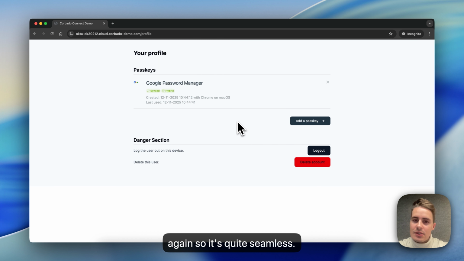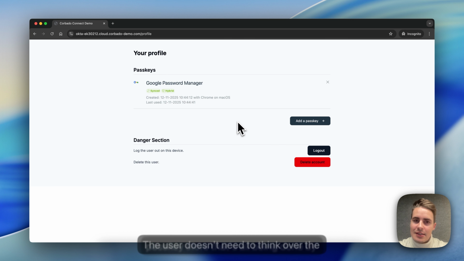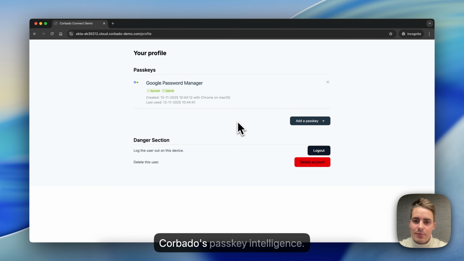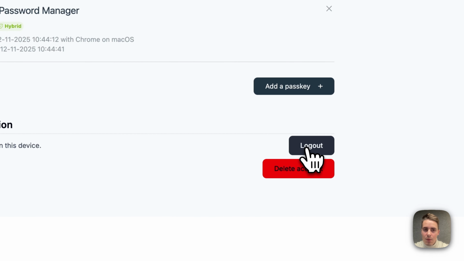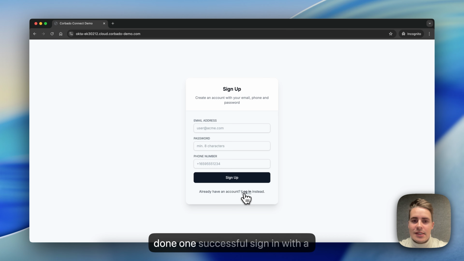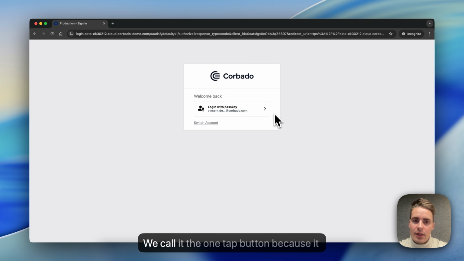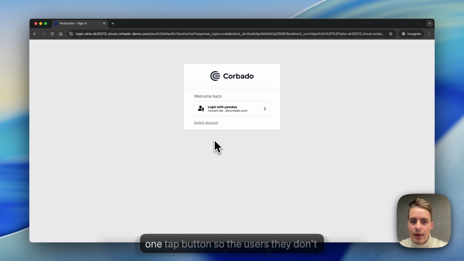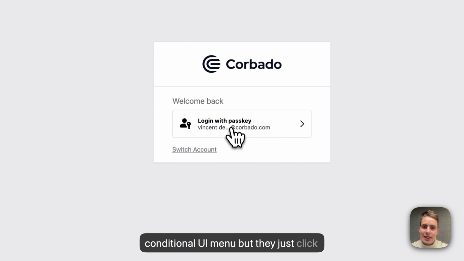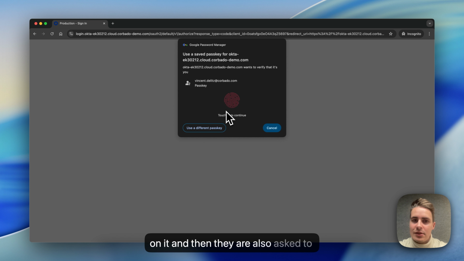So that's quite seamless. The user doesn't need to think of where the passkey is stored. That's all being done by Corbado's Passkey Intelligence. When we log out once again and have done 1 successful sign-in with a passkey, there's another feature we introduced. We call it the one-tap button because it pre-fills also the username of the passkey, which has been used here before, and it changes the login form to a one-tap button, so the users don't need to select a passkey from a conditional UI menu, but they just click on it,